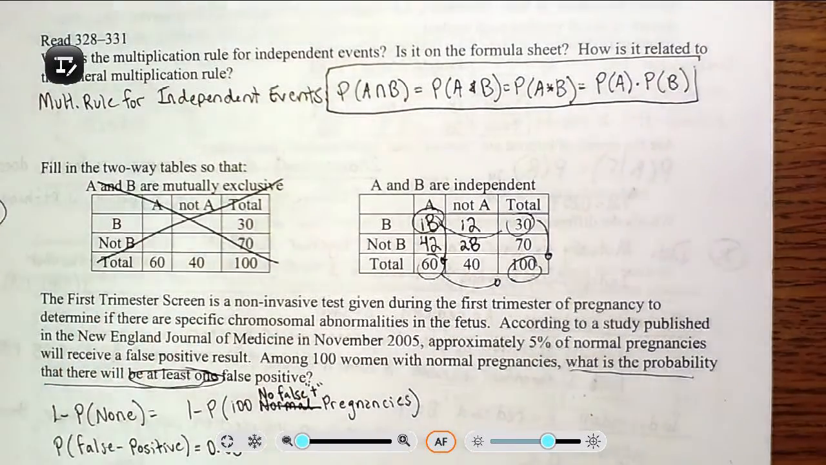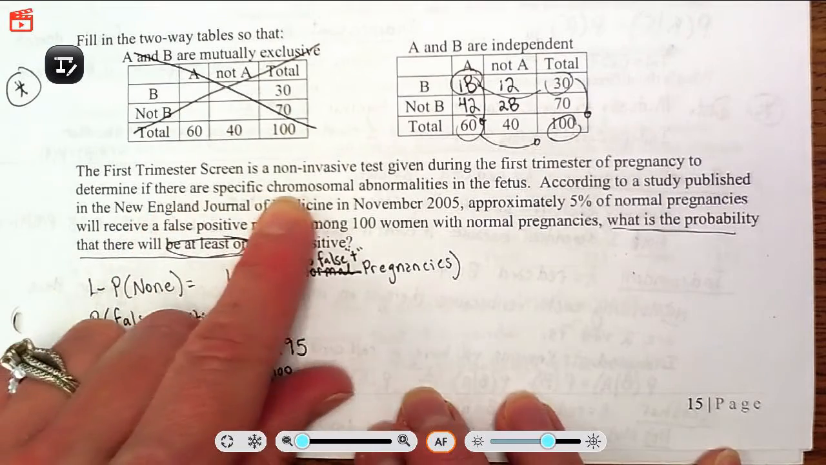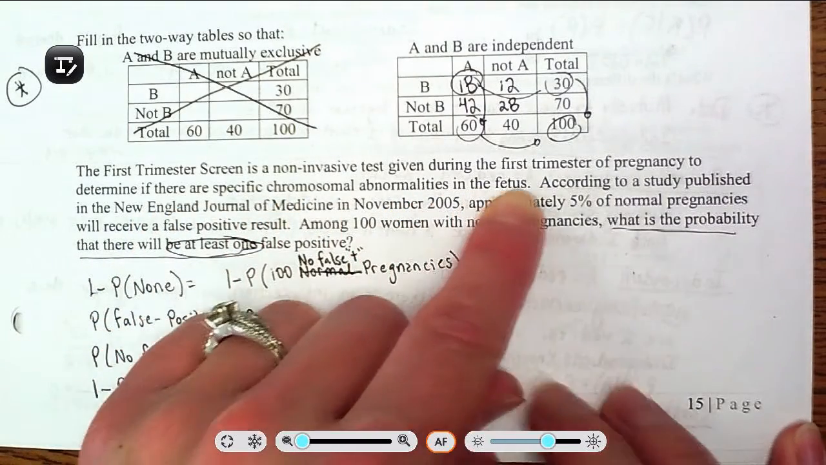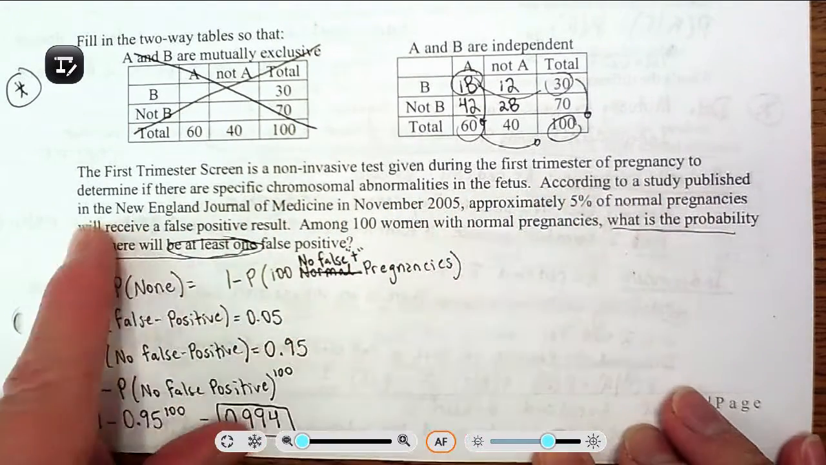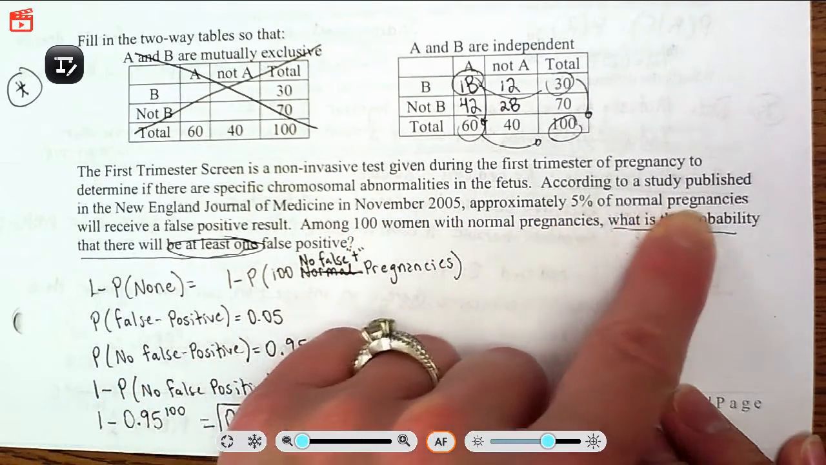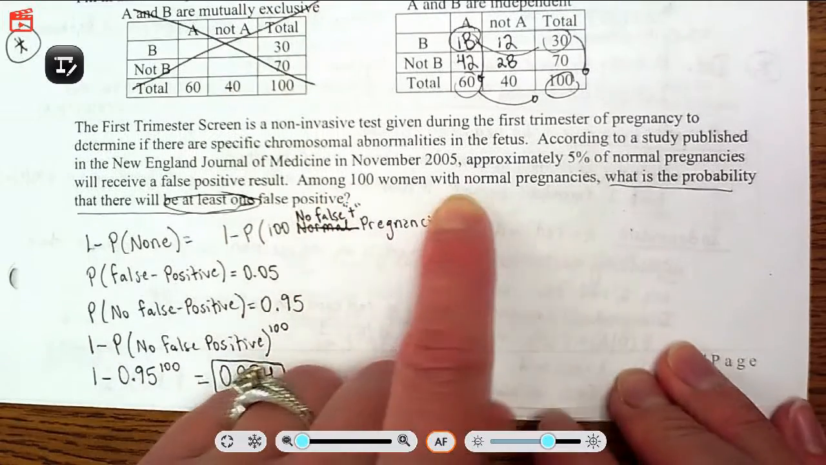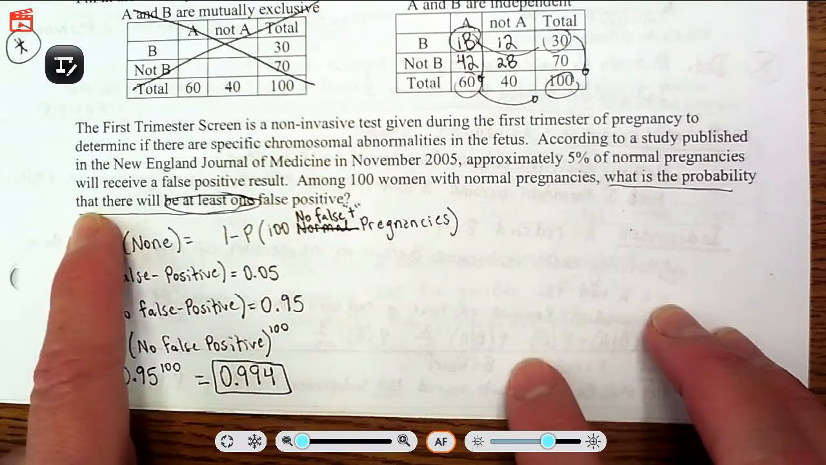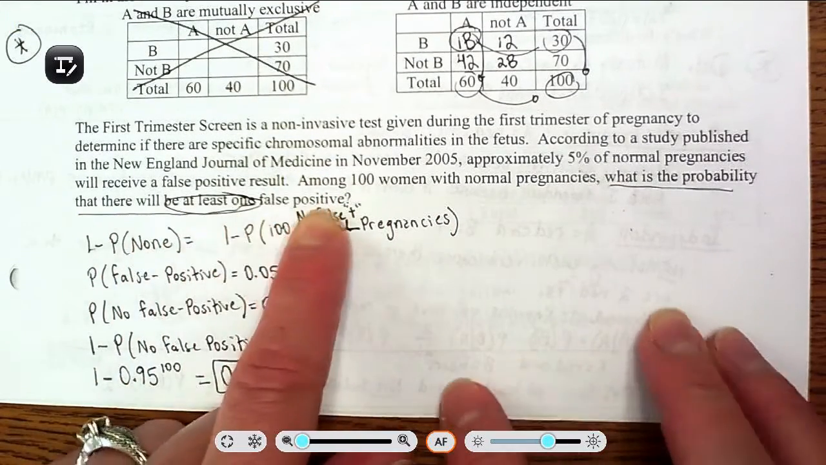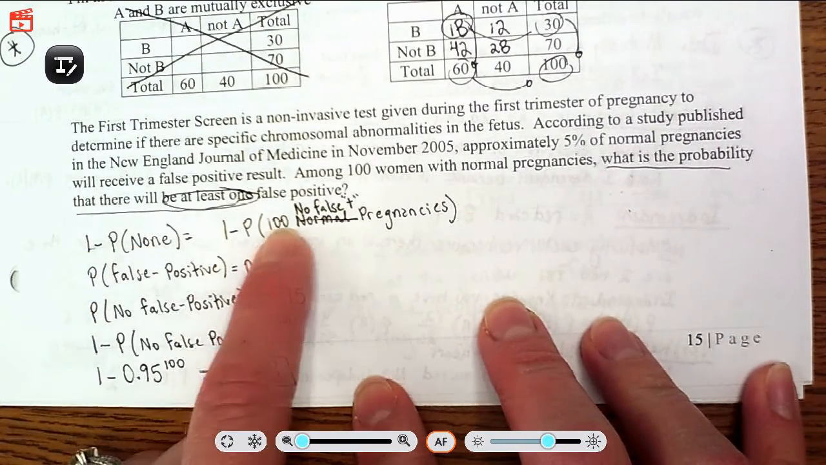Okay, the first trimester screen is a non-invasive test given during the first trimester of pregnancy to determine if there are specific chromosomal abnormalities in the fetus. According to a study published in the New England Journal of Medicine in November 2005, approximately 5% of normal pregnancies will receive a false positive result. Among 100 women with normal pregnancies, what is the probability that there will be at least one false positive? So 1 minus the probability of no false positives,